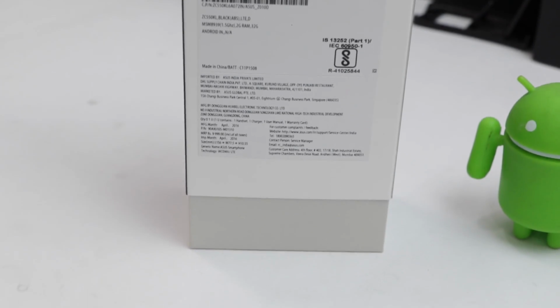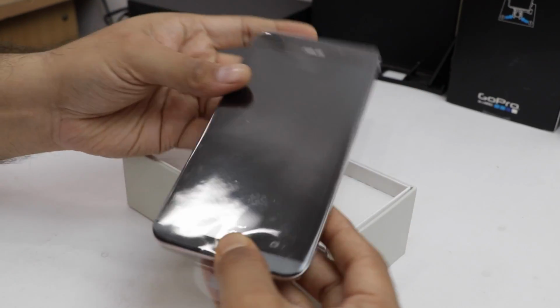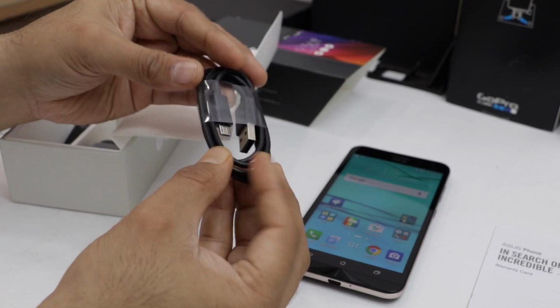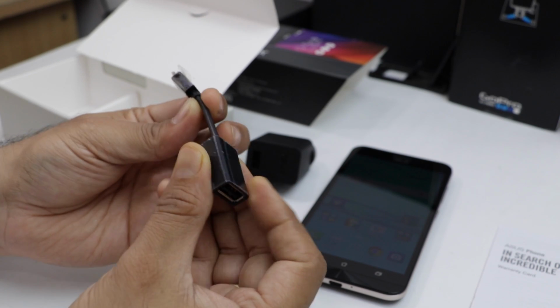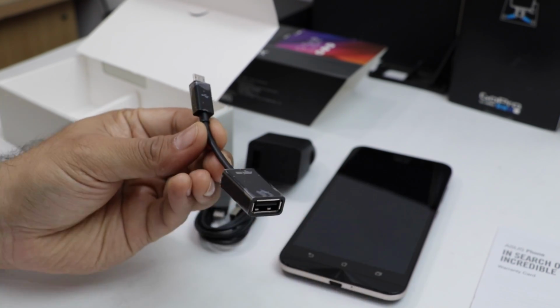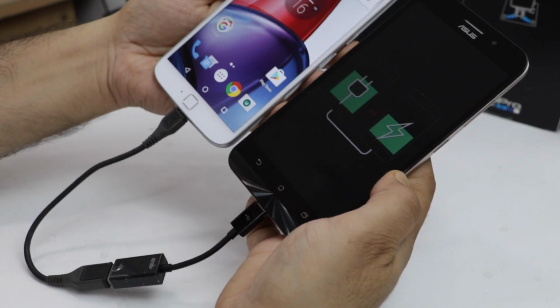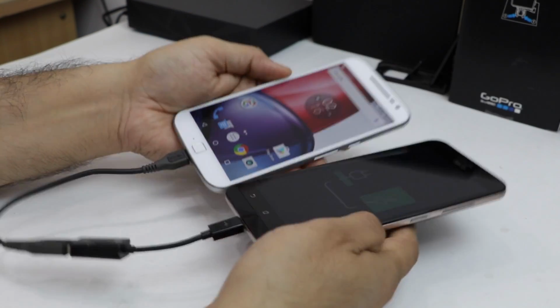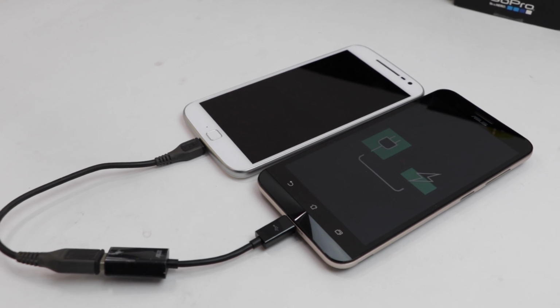Let's start with the unboxing first. The first thing in the box is the phone itself. Under that you find some documentation, standard data cable, wall charger and an OTG cable which has been bundled that can be used for reverse charging. Reverse charging means that using the battery of this phone you can charge any other phone. Since the Zenfone Max comes with a huge 5000 mAh battery, you can easily charge your other phone with this